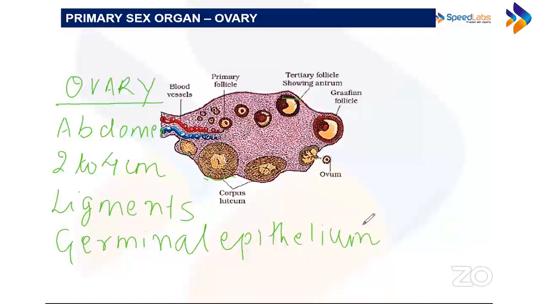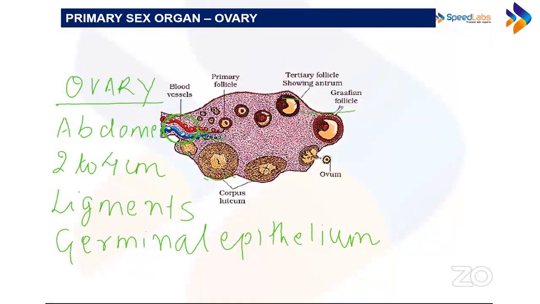All right. हर एक ओवरी में, if this is a sectional view, you can see there is this depression kind of a thing over here. यहाँ पे this point is called the hilum. यहाँ से you can see blood vessels entering the ovary. ठीक है. So what are the linings? Linings में you have this germinal epithelium, and also ovary is divided into two regions.